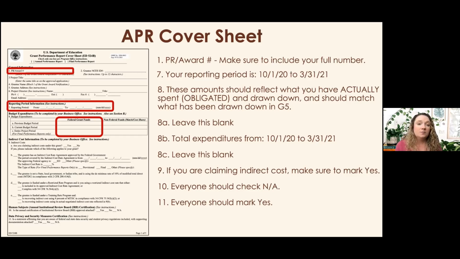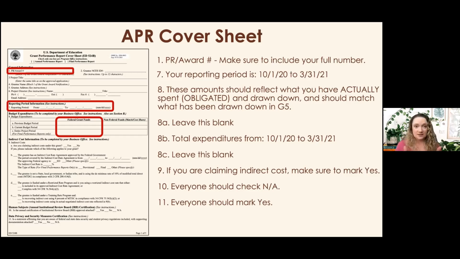You need to make sure that you have a great working relationship with your fiscal office. In particular, whoever in your fiscal office does your drawdowns should be your best friend, because you're going to be needing information from them regularly. You need to know when drawdowns are happening and how much those drawdowns are for. In an ideal situation, you would be able to request G5 view-only access.